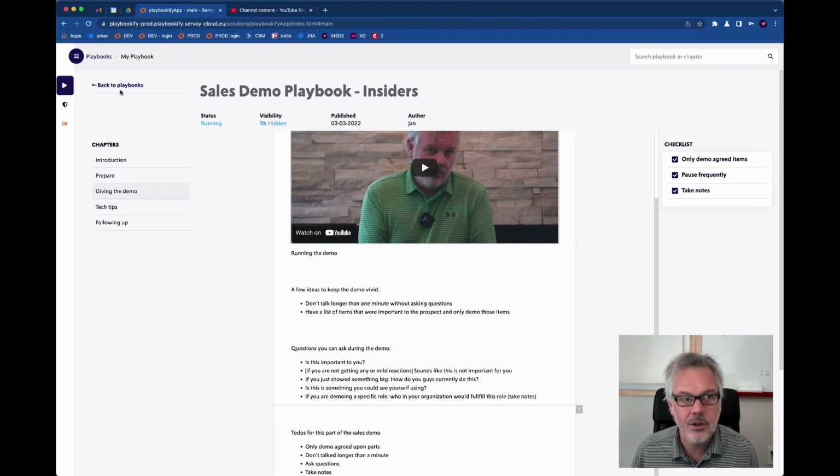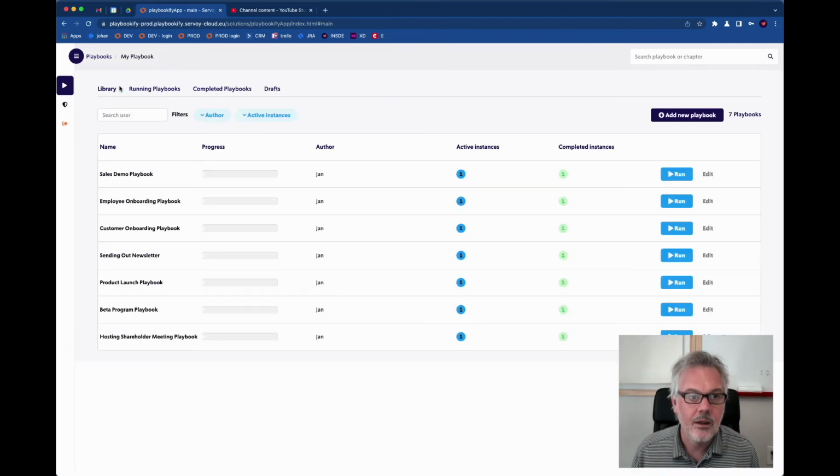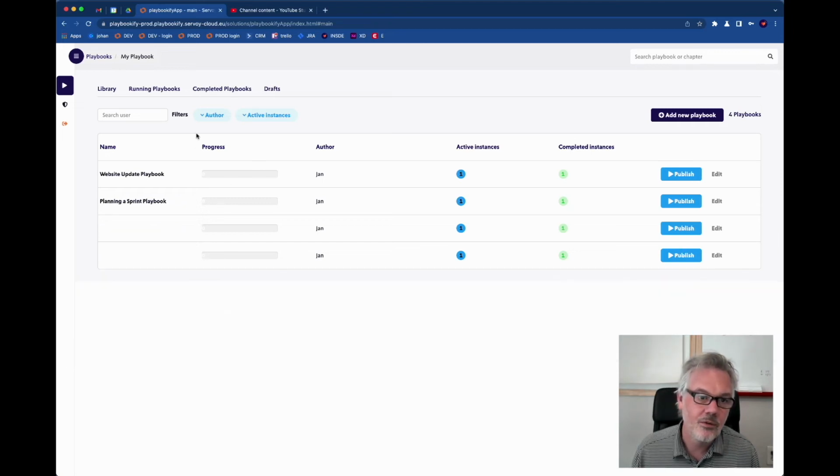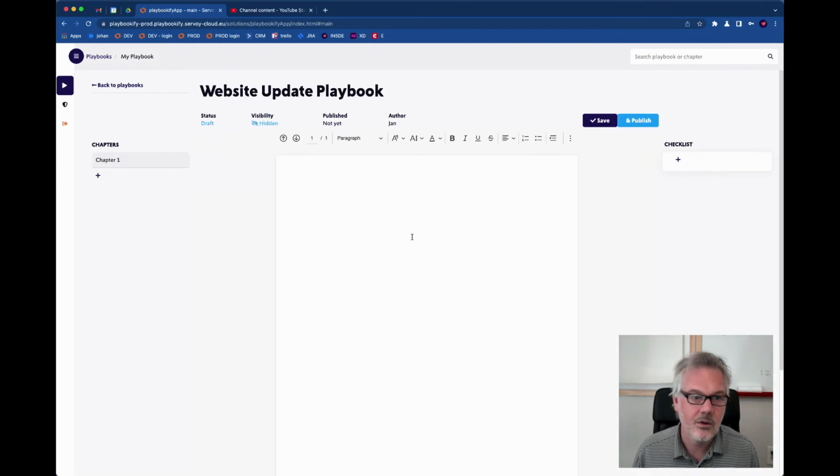So this is really what you can do now with Playbookify. You can create playbooks, you can modify playbooks. When you're still modifying them, they're in draft. So I could go in here and say this playbook is not finished yet. As you can see, it's fairly empty. I can return here,